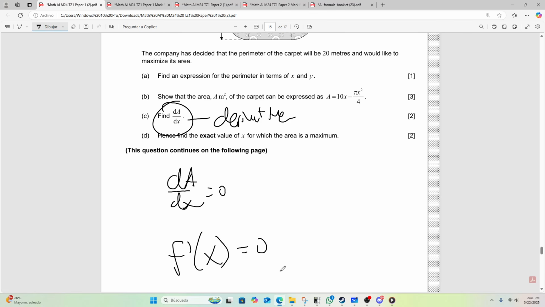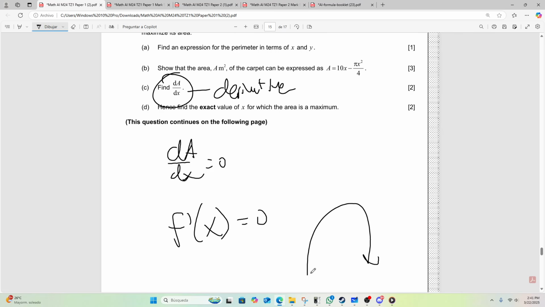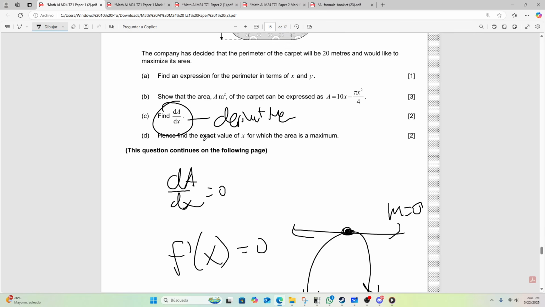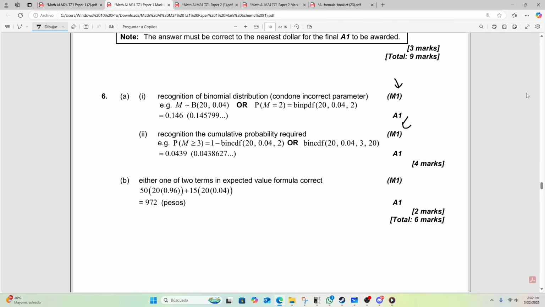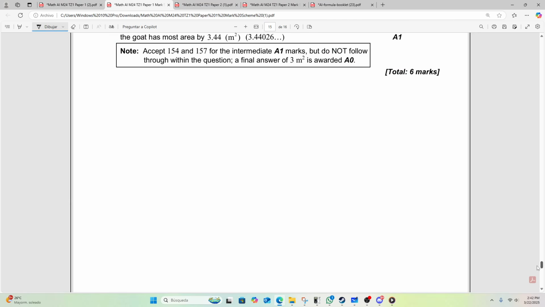Now, why do you want to equal your derivative to 0? Because that is where, in your function, the slope equals 0. And wherever the slope equals 0, you will have the maximum or minimum. So look at that: the exact value when the area is a maximum. Well, you have to equal this to 0. And I am so convinced, because of the structure that keeps repeating, you get the derivative, then they ask for the maximum or minimum. You've got to take your derivative and equal it to 0. I bet number 12 has that in their mark scheme.